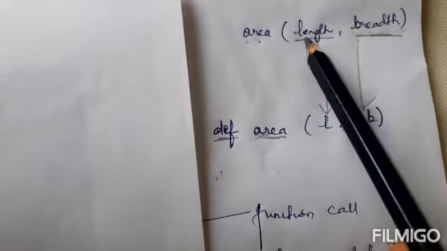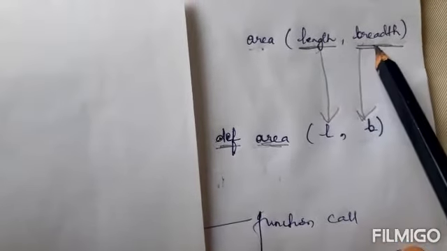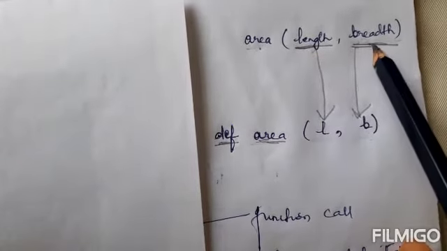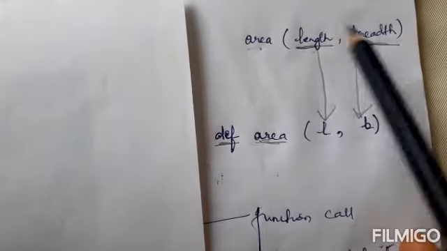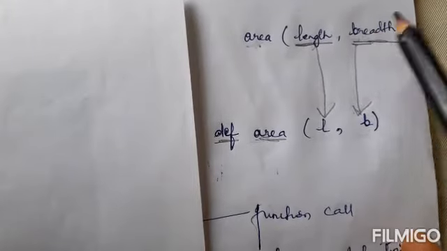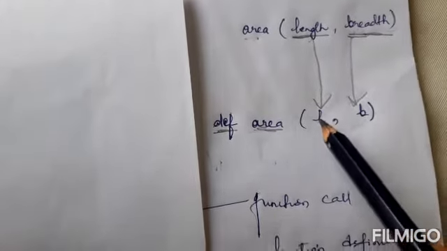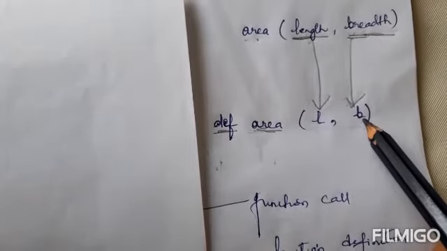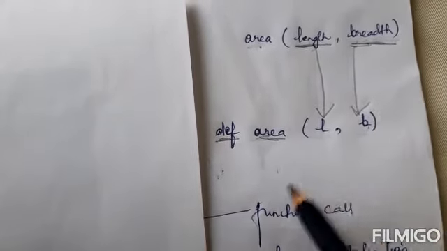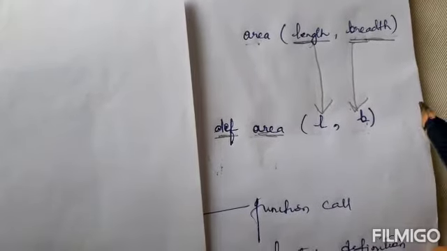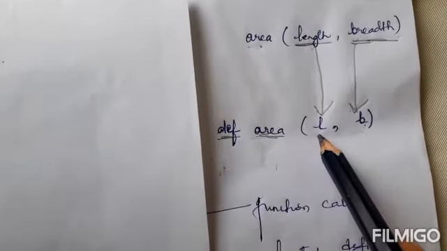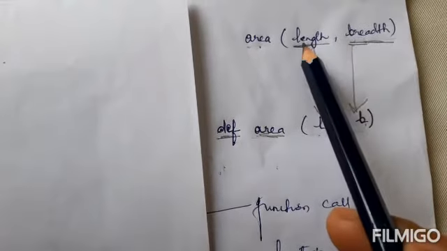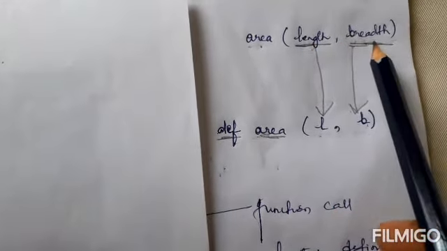That's why the parameter that you pass in the function call is referred to as the actual parameter, because this is the original value where the operation is supposed to be carried out. But a duplicate copy of that is passed to your function definition. This is where the actual operation will be performed. So that is why the parameters here are referred to as formal parameters, whereas the parameters here are referred to as actual parameters.